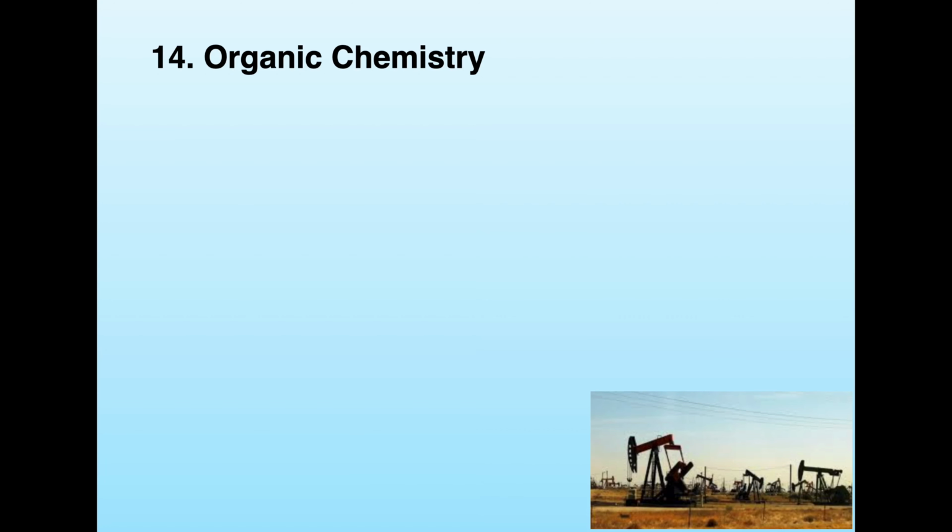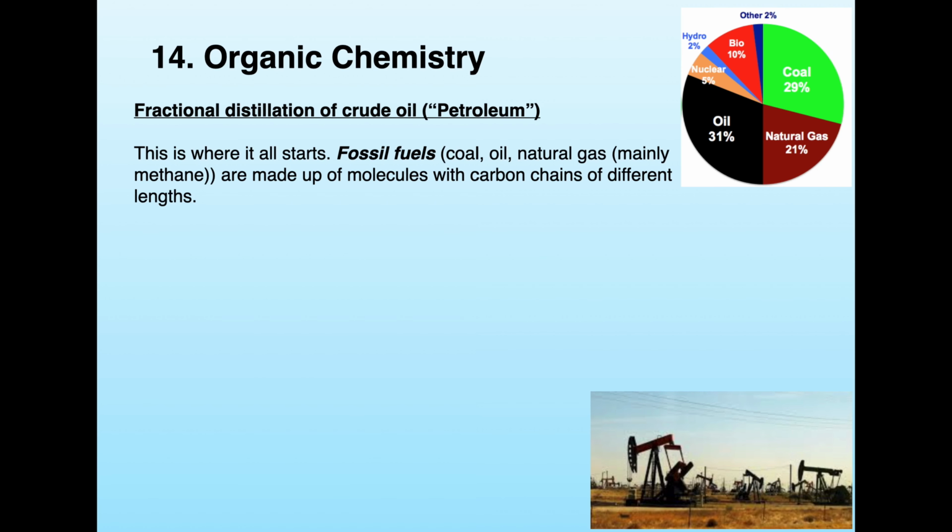Organic chemistry. Now, as the word suggests, these molecules were originally discovered in organic material. So they were discovered in plants and animals. They were isolated, and that's why they were given the name organic. And then nowadays, when we think of organic chemistry, we think of carbon chains, and we often think of fossil fuels and crude oil. Okay, so the organic chemistry obviously led to the investigation of the composition of fossil fuels,